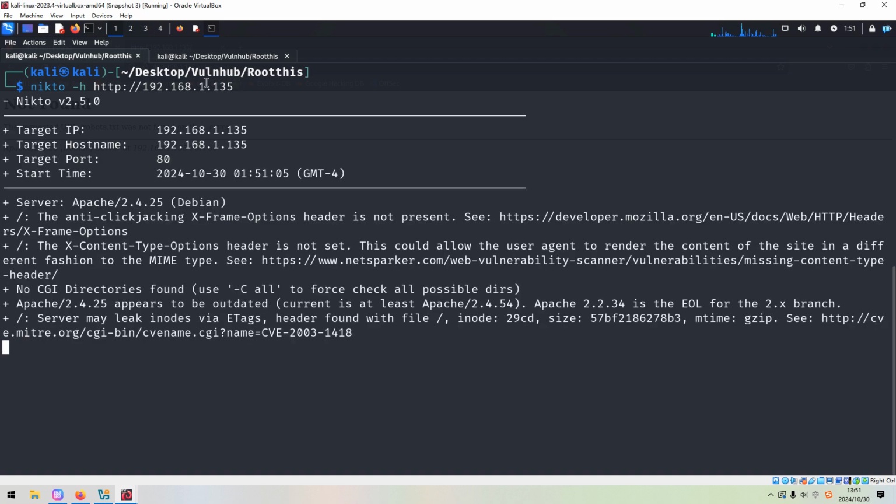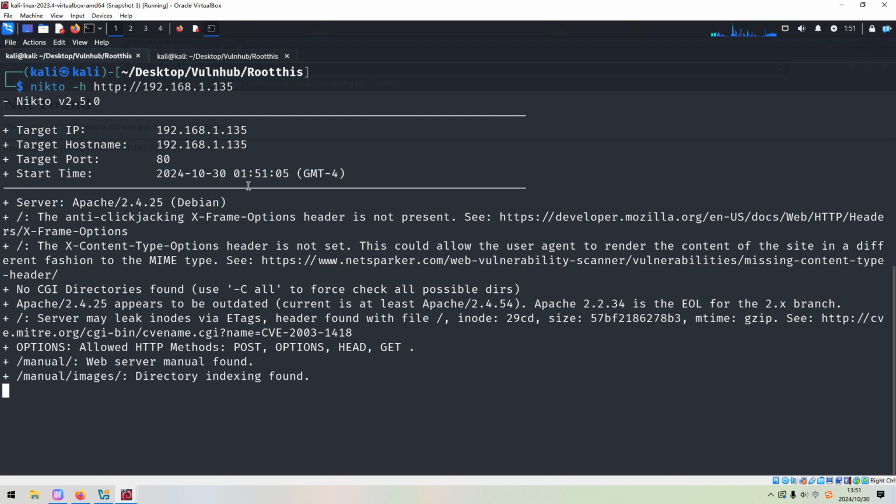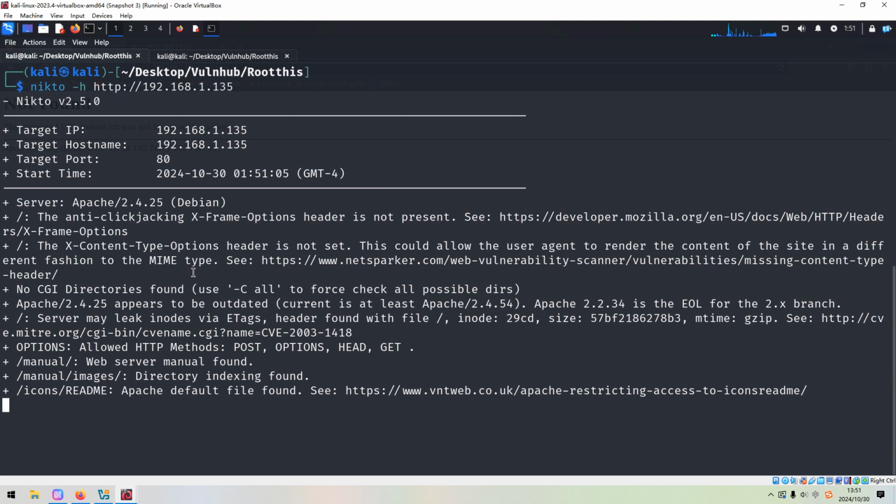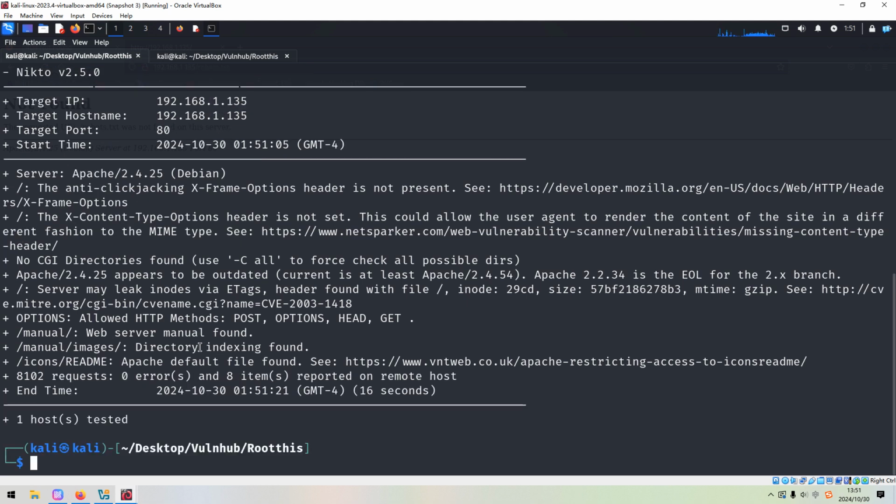So next, we can launch Nikto to do the automatic enumeration. Nikto can give us rich information about the target web application, such as the request header information and allowed HTTP methods. Of course, if the target allows a dangerous method like the PUT method, then as a pen tester, we can utilize such a dangerous method to our advantage. For example, we can upload a malicious file to the target, but this is not the case for this machine.